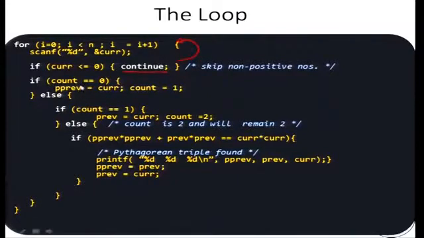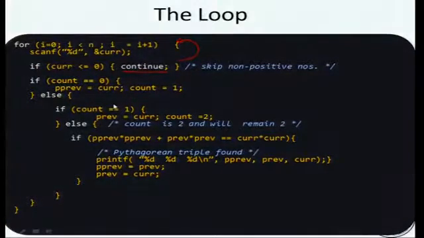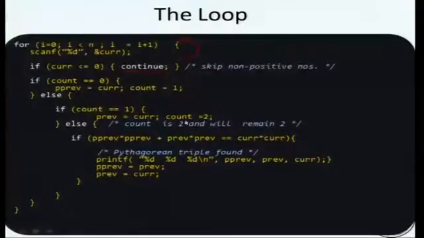So if the current number that I'm seeing is positive and it is not the first positive number, that means if count equal to 1, I've already seen one positive number, then what you do is, you know that there is a previous to previous number, you set the previous number to the current number, okay, and you continue the loop, setting count equal to 2, which says that I've seen 2 positive numbers. So I have a previous to previous number and I have a previous number. Now I'll read the next number.